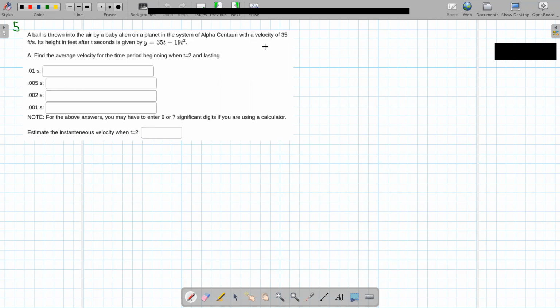And then we want to find the average velocity. So this one's pretty similar. The difference here is we want to find the average velocity for the time period. So they're not giving me x values necessarily here. They're giving me a change in time from 2 seconds. So I'm going to make a little table for this to kind of explain. If we read the fine print there,